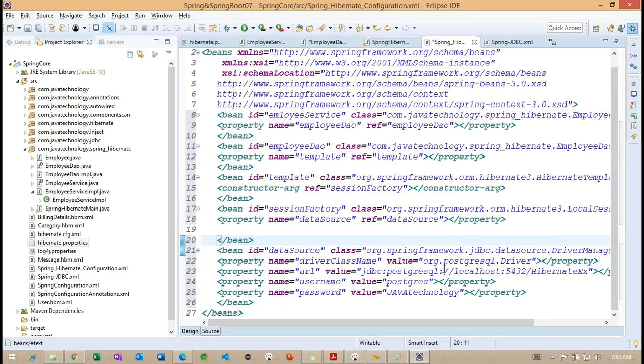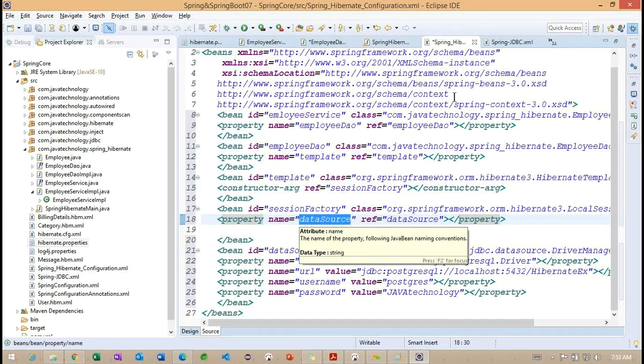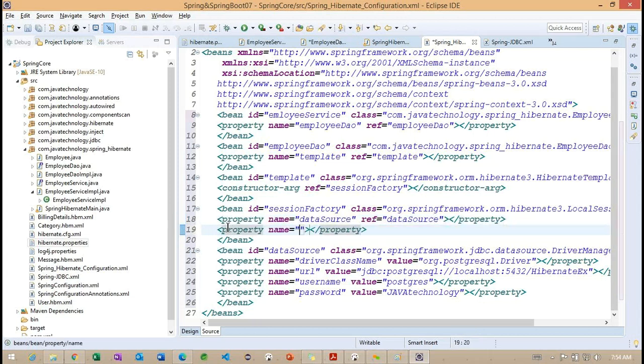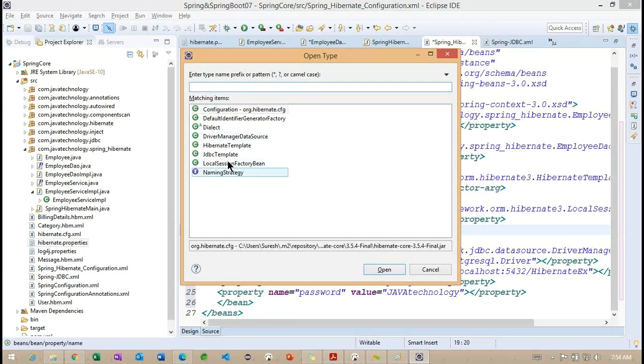So later, okay, we provided data source. But here if you observe, we are having mapping resource. So why we need to use the mapping resource? Basically, Hibernate is going to create the table for us. Getting the point. So Hibernate is going to create the table for us. So for that, what we need to do? We need to provide the mapping resource here. So to work on this particular mapping resource, basically mapping resource is also one of the properties here.